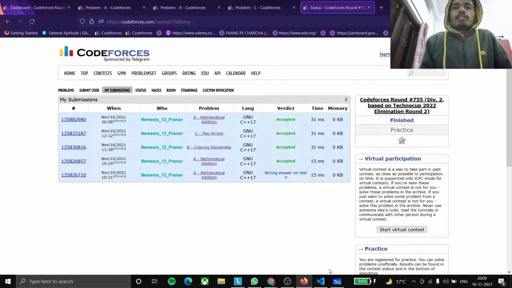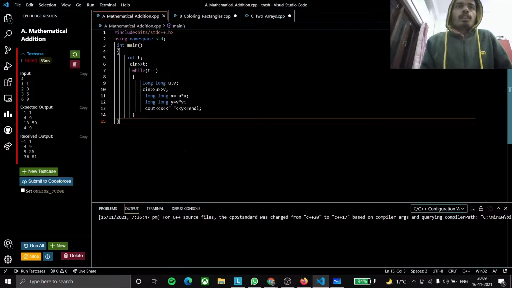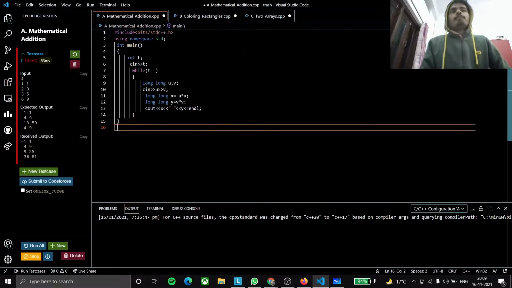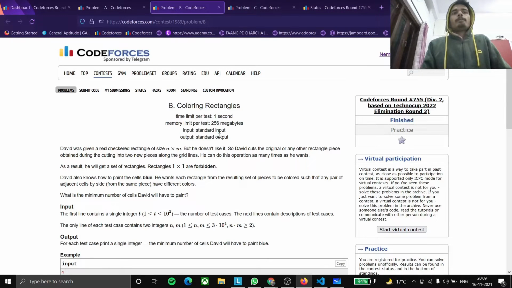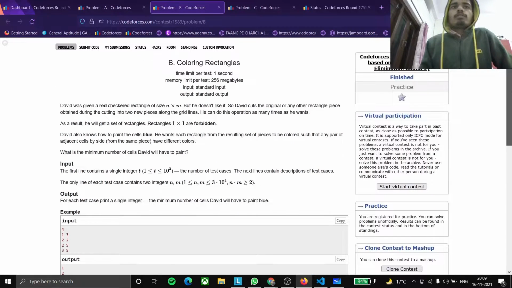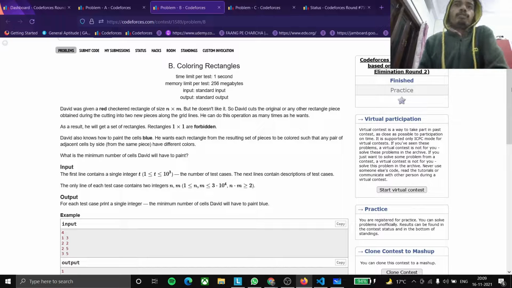I think this was a very basic question and you guys must have got it nicely. So moving on to the next question, problem B. This was a little bit tricky problem. It took a bit of time for me as well to solve it. Let me check if it's recording or not. Yeah. It took a little time for me to form the basic idea of this question. So let's read what the question says.